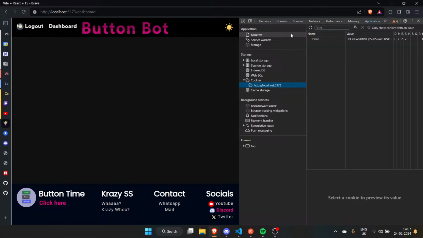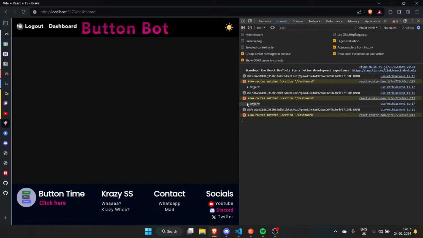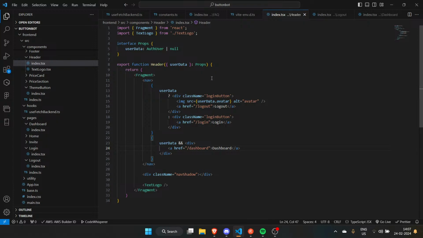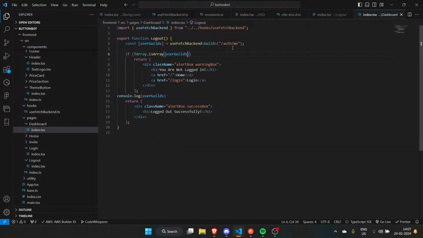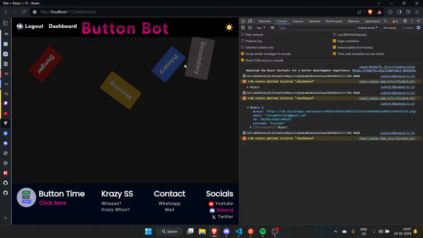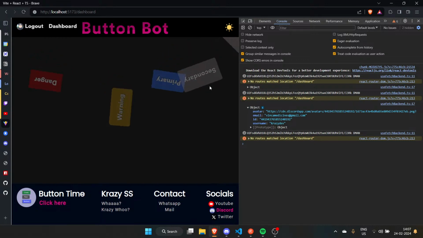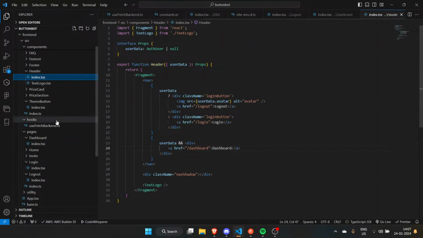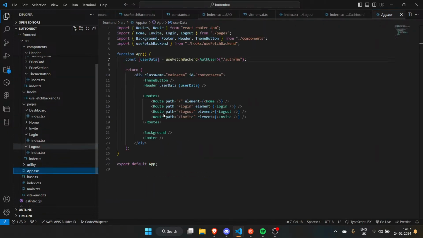Nice. Console. We have an object. That is weird. Or slash me slash kills. That will improve that. Oh, the page doesn't even exist, man. Header, and we have app.tsx.